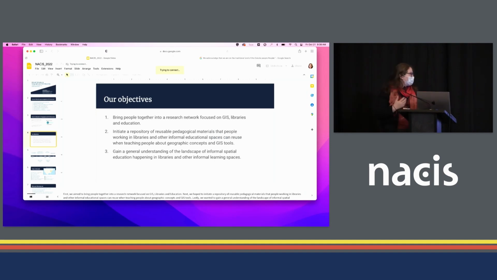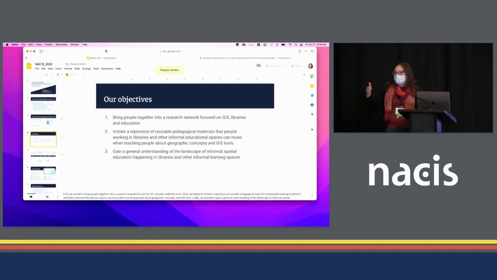Our objectives were not only to create this community of practice, but were also to intensely provide resources so that other librarians who are trying to start GIS services at their libraries could have ways to engage with pedagogy that was previously created. I don't know if you're familiar with librarians, but we are very busy. We are often tasked to do many things, so having support resources that are not only vetted by other librarians, but have been shown to be used in multiple case studies at different universities for different disciplines is very helpful.